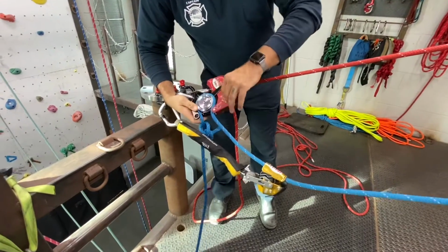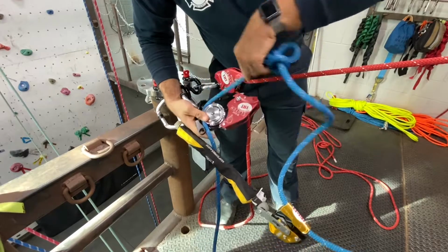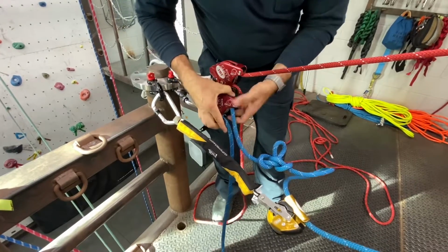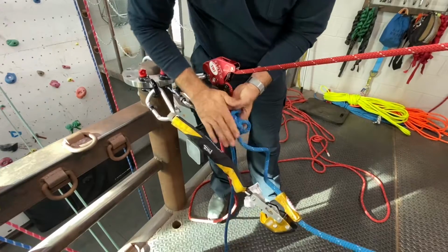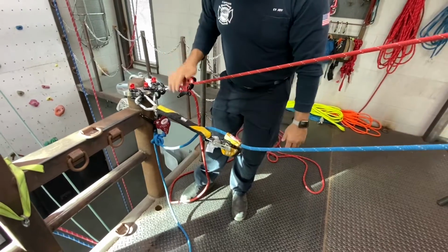and then reapply the rope with the knot passed. And then put this back into standby mode. At this point, you can take all the slack out of the system and get that knot sucked up next to the clutch. Take all the slack out between the anchor and the ASAP, and then lower back onto the